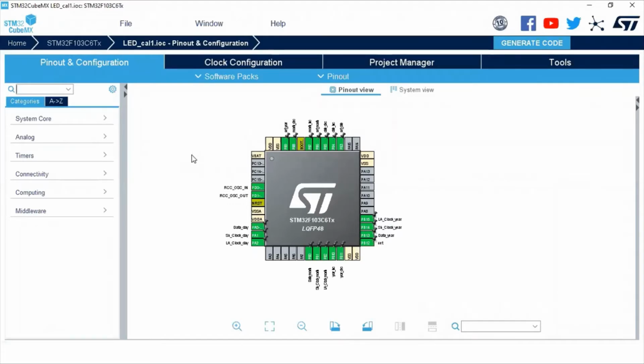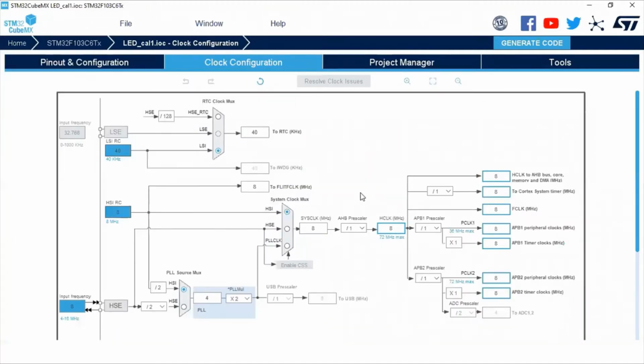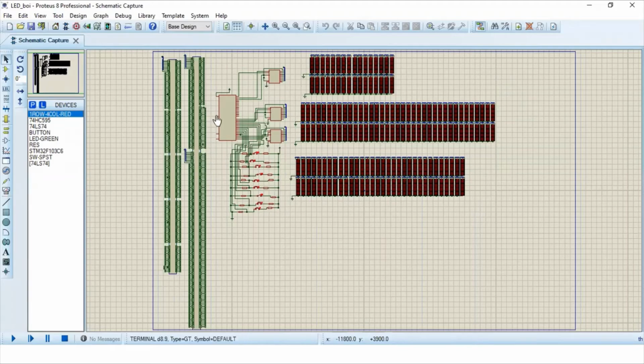We have used STM32CubeMX software to generate our initial code. We have set the frequency of the clock of the microcontroller at 8 MHz. We have simulated our circuit in Proteus. Here is our circuit. This is our microcontroller STM32. We have used 3 shift registers here and an adjustment circuit which is made of switches and push buttons to adjust the date, month, and year. Here are 2 sub-circuits and LED matrix. LED matrix are used to display the date, month, and year.